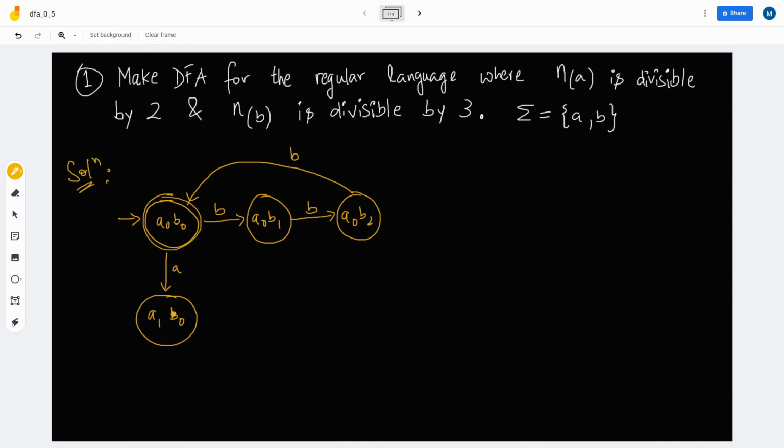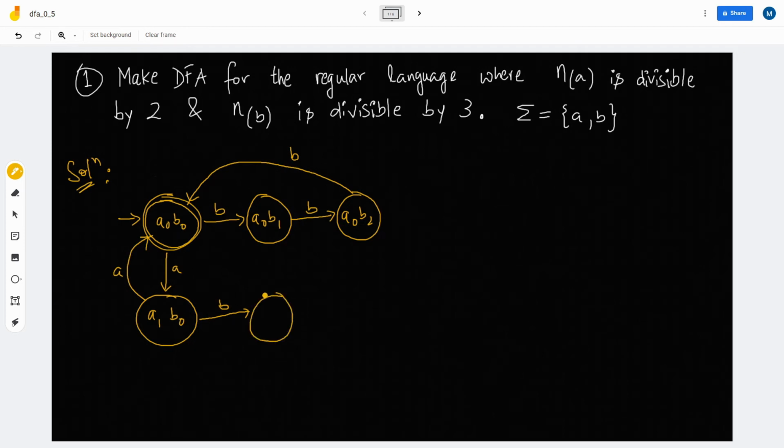Now B is divisible by 3 because B is 0 and A is 1, so it is not divisible by 2. Now in order to make it divisible by 2, we will just make a loop here when A comes. Now you can see that the number of A's is 2, B's is 0. So it is accepted.